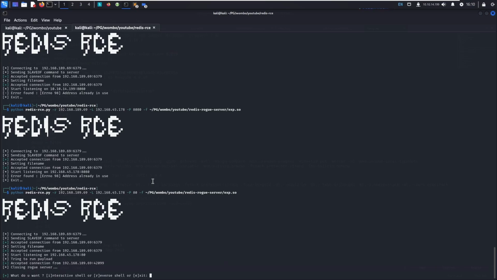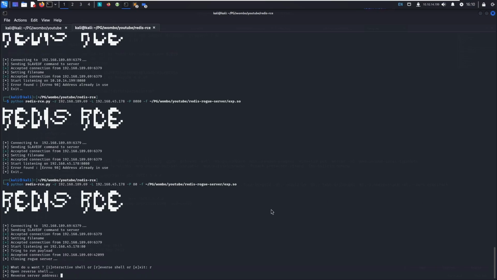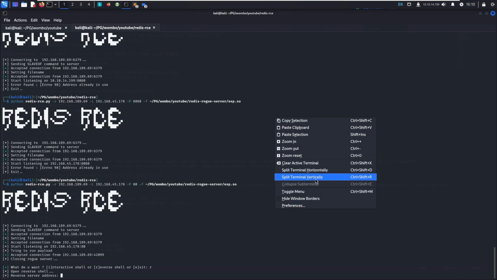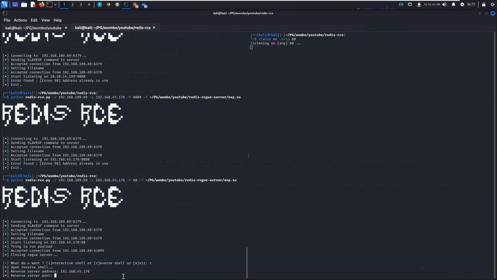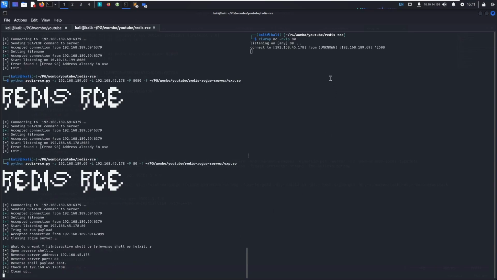Let's do -r and -L, and set a listener address tun0, port 80, and we get a reverse shell. ID. Now